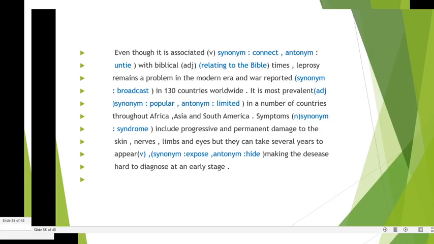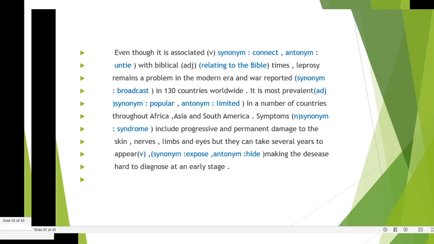Africa, Asia, and South America. আফ্রিকা, এশিয়া ও দক্ষিণ আমেরিকার বেশ কয়েকটি দেশে এটা সবচেয়ে বেশি বিস্তৃত হয়েছে। Symptoms include progressive and permanent damage to the skin, nerves, limbs and eyes, but they can take several years to appear. এর লক্ষণগুলোর মধ্যে রয়েছে ত্বক, স্নায়ু, অঙ্গ প্রত্যঙ্গ ও চোখের বাড়ন্ত স্নায়ু ক্ষতি, কিন্তু যা প্রকাশ পেতে কয়েক বছর সময় লেগে যায়। ফলে